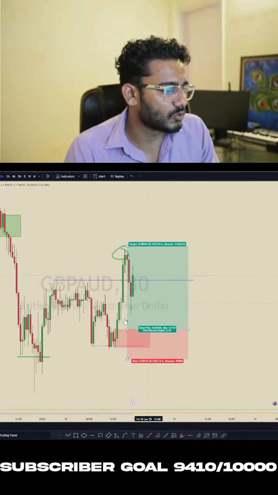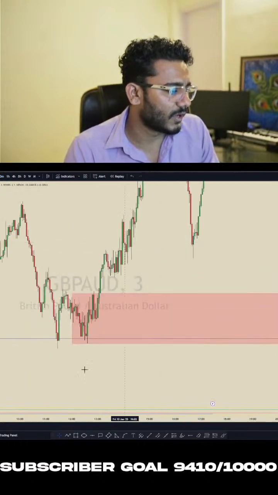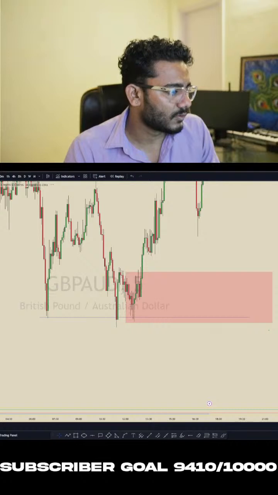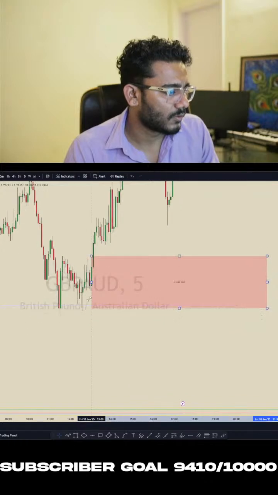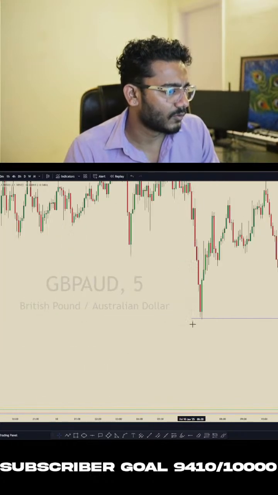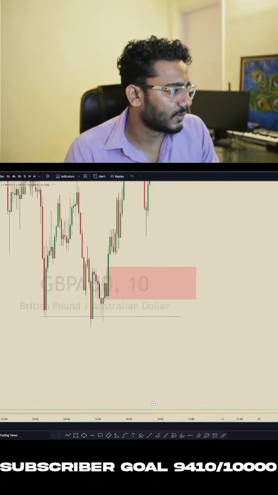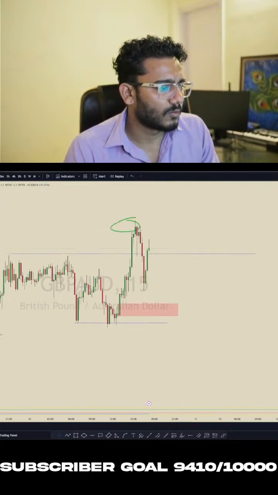So it's around 1:2. But if you want to take a confirmation entry, then we can also refine this to a 5-minute order block, which is this one. Okay, so this is the order block. If you go to 1 minute, we can also refine it to 1 minute, but I don't think it's necessary. So let's stick to 5-minute or 30-minute. I use the one hour order block, it's okay.